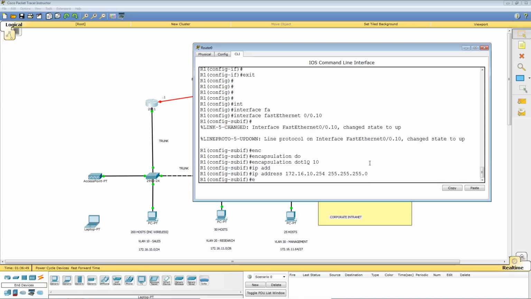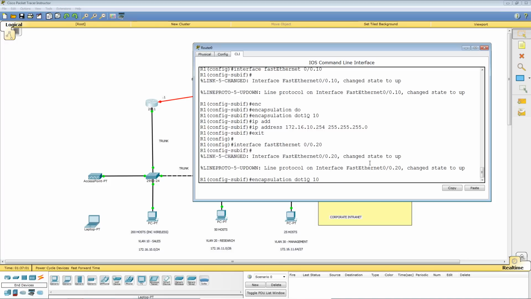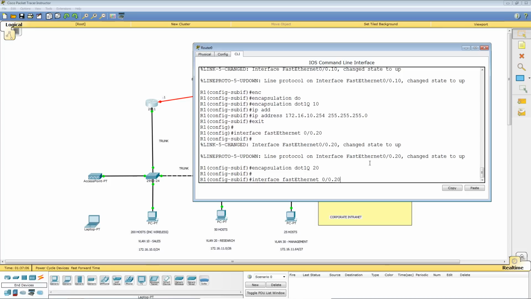Done. I will exit that subinterface and now make quick use of the up arrow. Fast Ethernet 0/0.20, next subinterface, up arrow, encapsulation dot1q 20, look for frames tagged with VLAN 20. IP address, okay, this will be the VLAN 20 subnet, 172.16.11.0/26. /26 means it goes up as a block of 64. 63 would be the broadcast, 62 would be the highest usable address. Okay, 62, and it's using a /26 subnet mask, which is